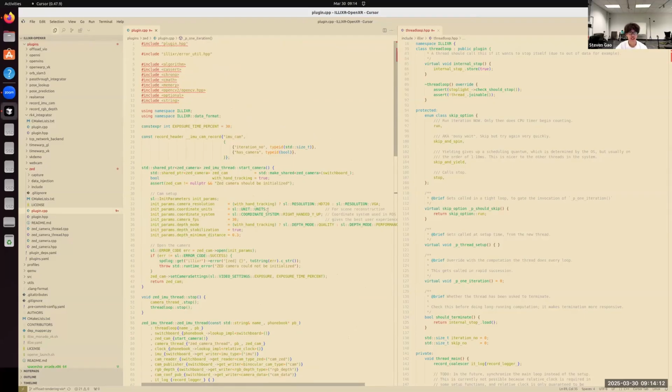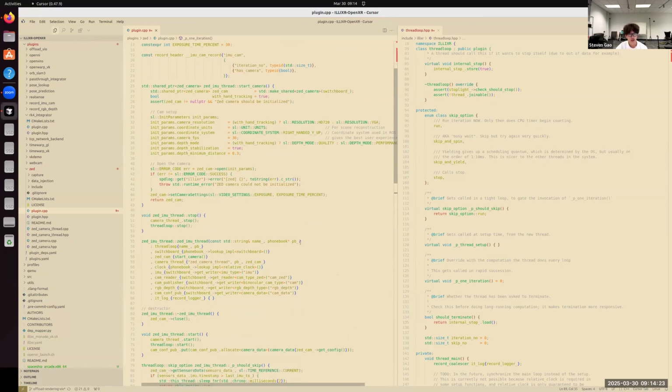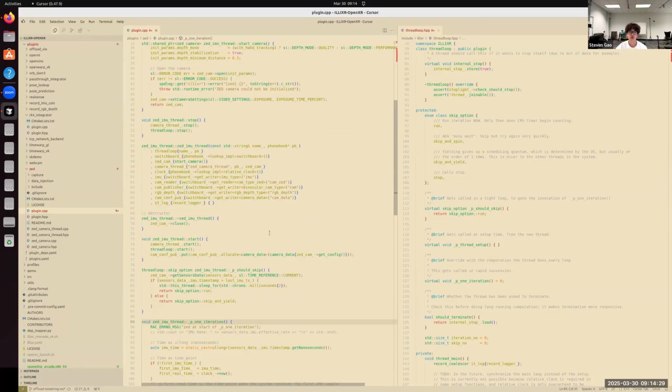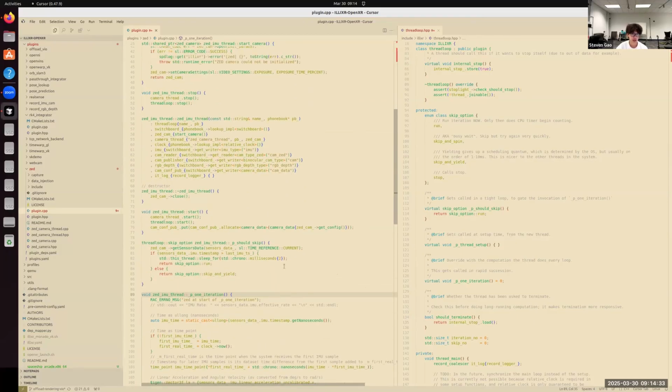The Z plugin handles the camera input from the Z Mini, and it puts IMU and camera data onto the topics, which is something we'll cover later. So let's focus for now on the thread loop part of the Z plugin.